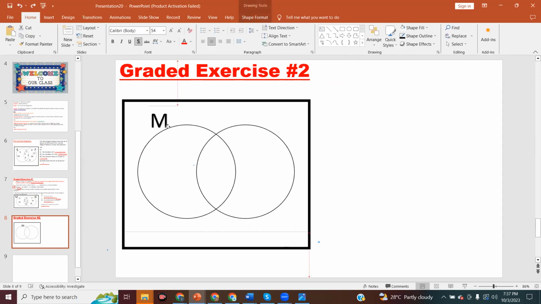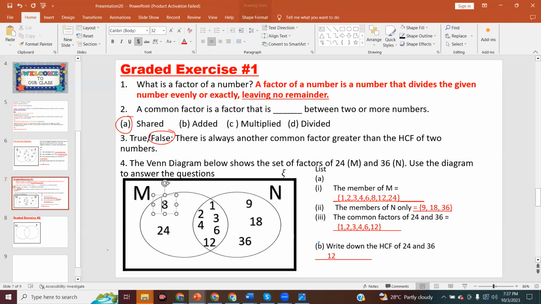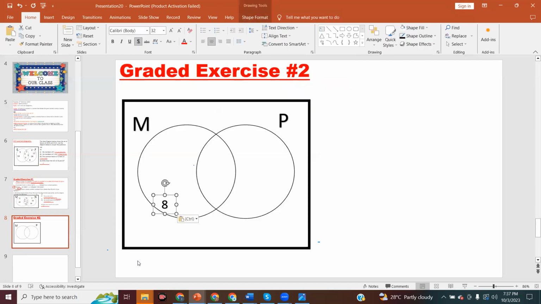Please draw this for me, please. Let's say we have M, and let's call this set P. Okay. And let's say that for this one, inside the set, they have January, and then they have July,